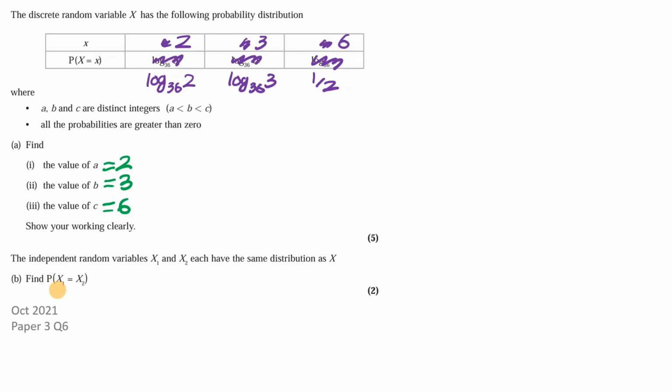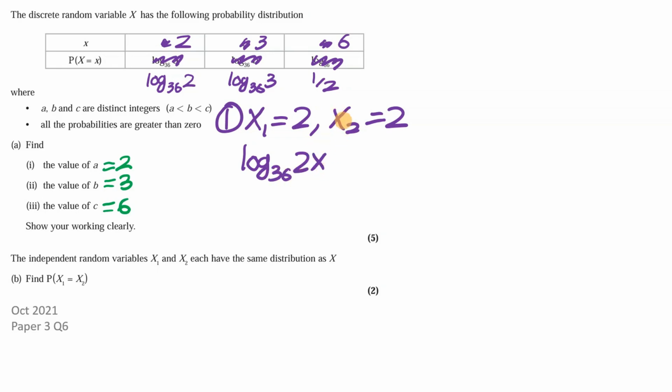Now we need to find the probability that x1, which has this probability distribution here, and x2, which has this probability distribution here, are equal to each other. So there are three possibilities for which this could occur. The first one is that x1 is equal to 2, and x2 is also equal to 2. So the probability of x1 being equal to 2 is log base 36 of 2, and this is multiplied by the probability that x2 is equal to 2, which also has a probability of log base